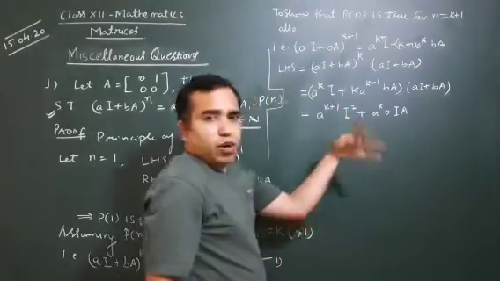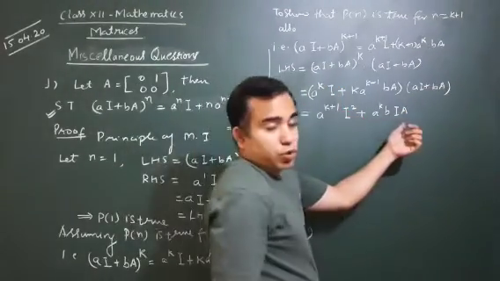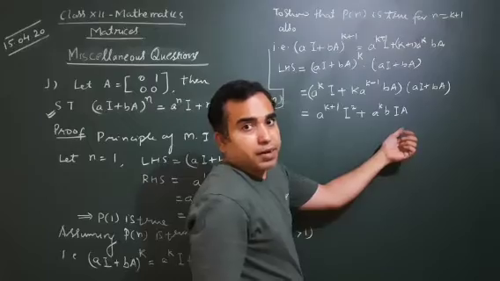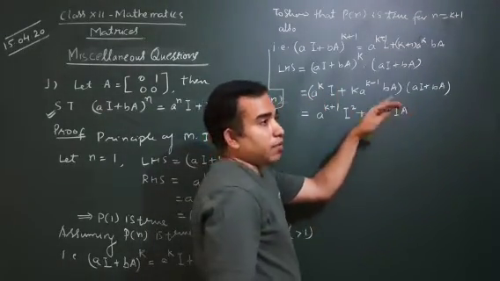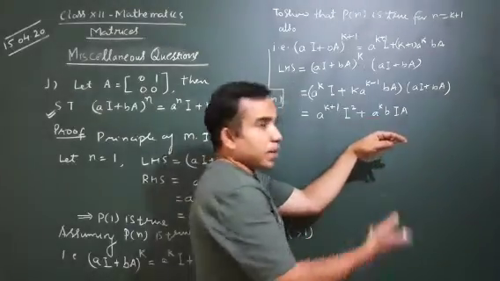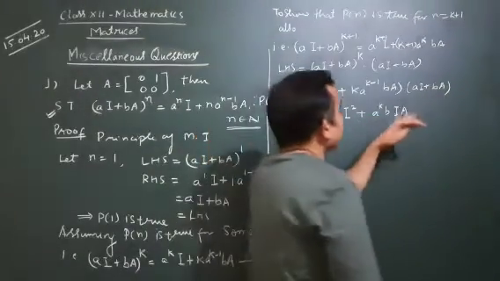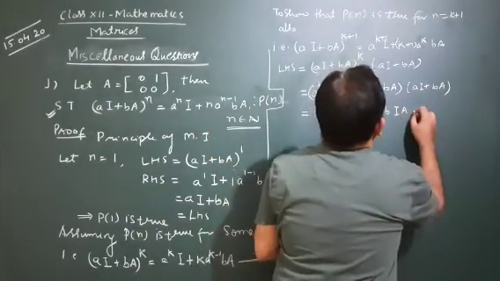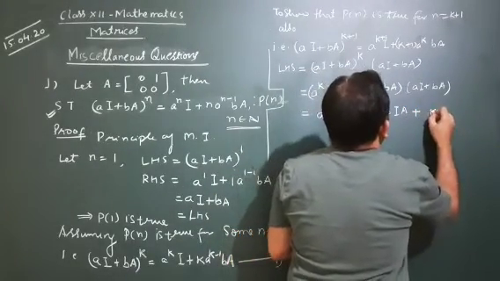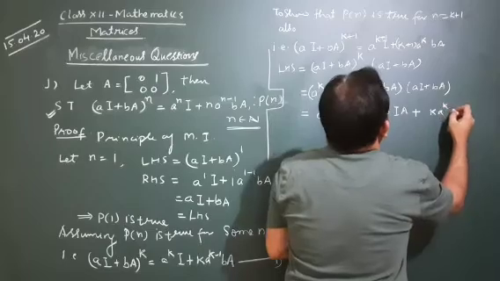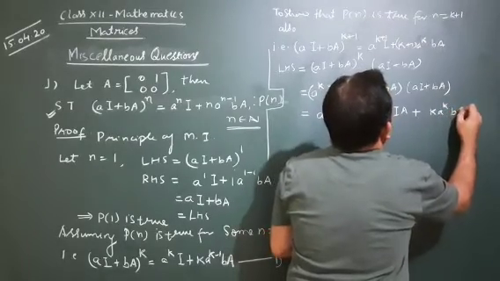Of course, IA will also become... should not be written as AI, right? Because if we are I is on the left, it should not be written on the right automatically. It may become equal in certain cases, but not always. So, and this term k a to power k b ai